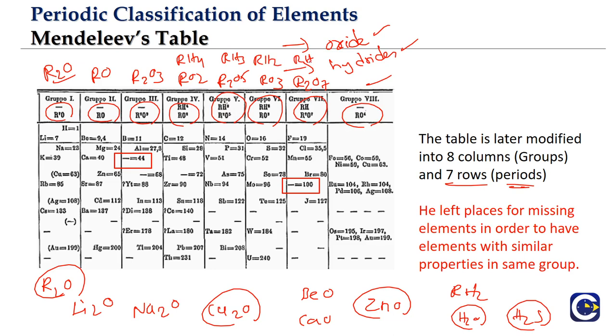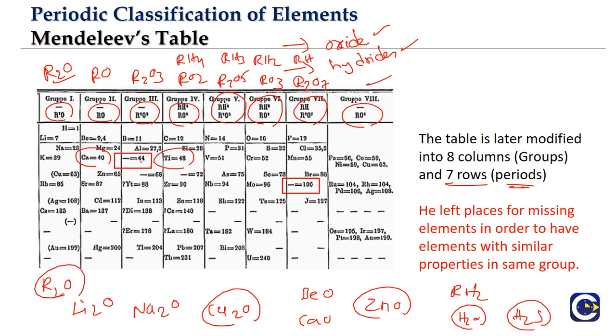And while he was arranging the elements, he has to keep this as the prime criteria, that the elements belonging to a group will have similar chemical behavior. Now while he was trying to do this, he found that at some places he had to skip certain positions, like titanium. It comes in the increasing order of atomic weight after calcium. But titanium does not show similar properties to that of the group 3. It in fact shows similar properties to that of the group 4. Means he had to leave a gap and keep titanium along with the group 4, where its properties will be matching.